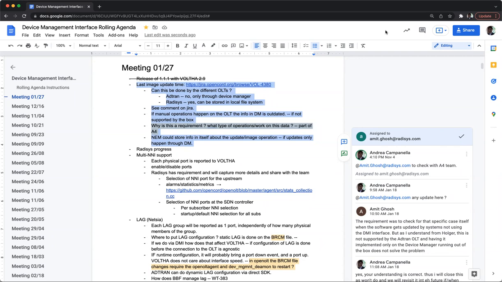On the image update, given the fact that this information cannot be 100% confirmed by the device, or is not going to be kept by the manager, there was an agreement that we're not going to do this because it's not going to be 100% reliable. So the whole point is gone. And the NEM, if it wants, it can just keep track of it itself.